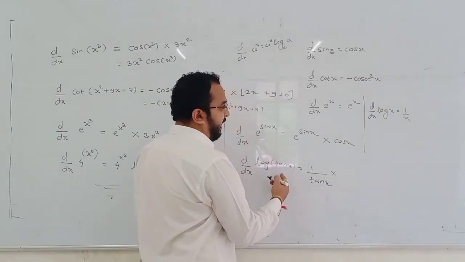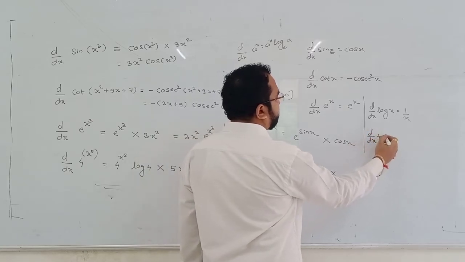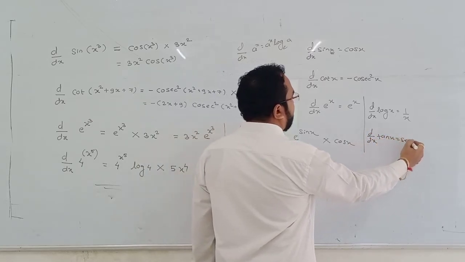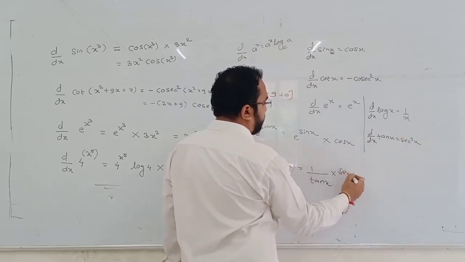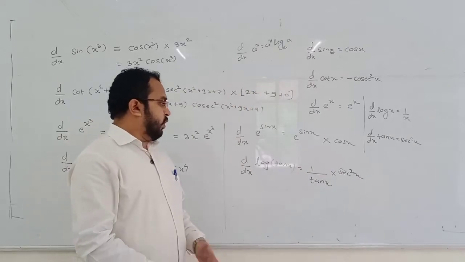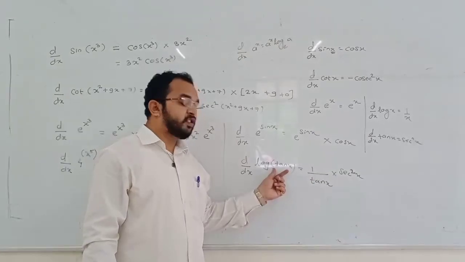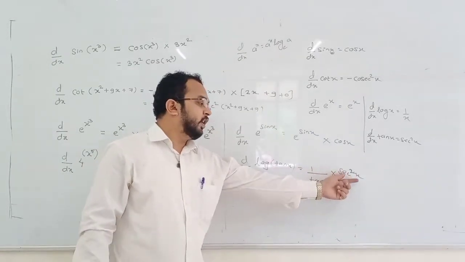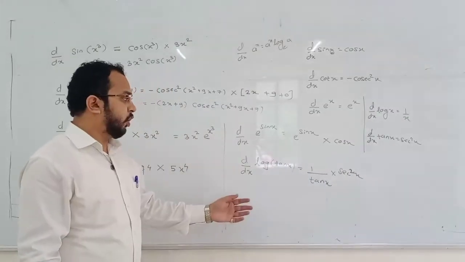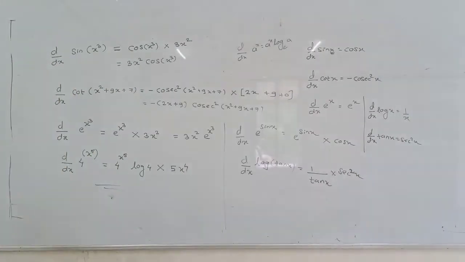What is the differentiation of tan x? This also we have seen. Differentiation of tan x is sec square x. So write here sec square x. So differentiation of log of tan x is 1 upon tan x, but this tan x is not x, so differentiate it again in the product, that is sec square x. So this is the product rule, chain rule. We have seen most of the examples related to chain rule.